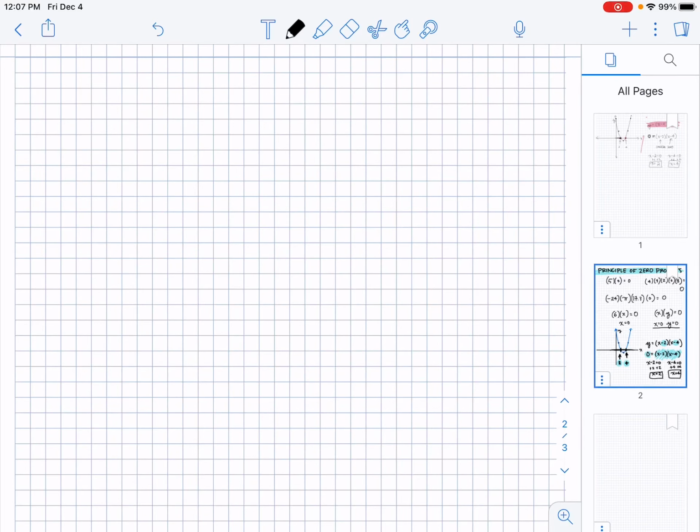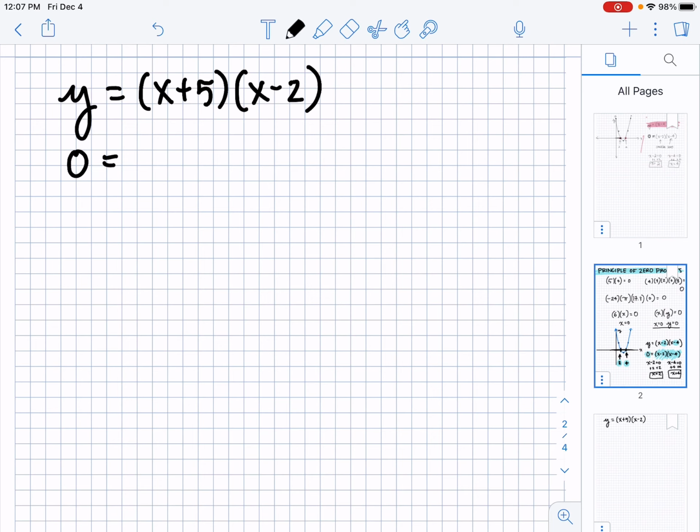So let's say we have an equation for a parabola, like perhaps y equals, I don't know, (x plus 5)(x minus 2). And I said, can you tell me what those x-intercepts are? You would say, sure, not a problem. The x-intercepts occur when y equals 0, so we're going to have that as our equation, and the principle of